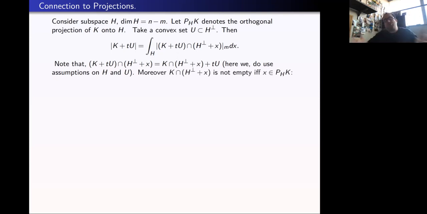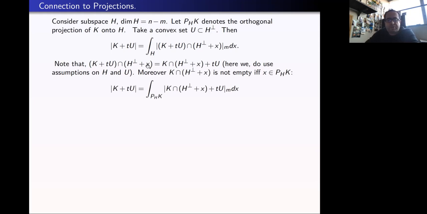And what is also trivial, when you do Fubini's theorem, if the intersection of K, H and H perp plus X is empty, then there is nothing to integrate, so you don't need to consider those points. And it's not empty only when X belongs to a projection. Again, it's all trivial, simply Fubini's theorem. So I changed a bit what I wrote, and the only hard thing is this algebraic observation of the